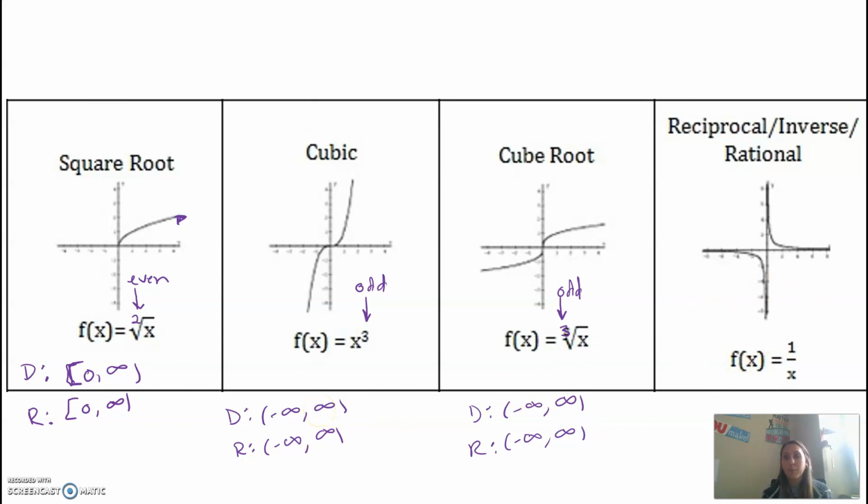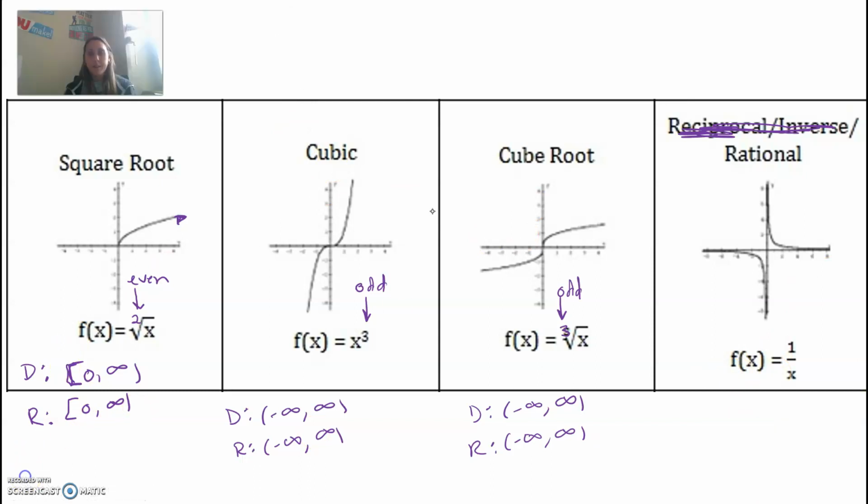Okay, so I'm going to hit pause. You do not need these words right here. We just refer to these as irrational, so don't worry about reciprocal or inverse. Go ahead and hit pause. I want you to think about what values of x won't work. So when we're looking at this graph,